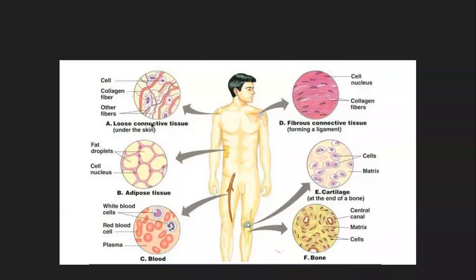If I'm correct, that is present just below the skin, loose connective tissue under the skin at the shoulder region. So wherever you usually have muscles, next to muscles on the bone side you will also have these ligament or tendon-like materials, and on the skin side you will have this loose connective tissue. Then there is adipose tissue, which is like fat droplets along the side or outside the cell, right?